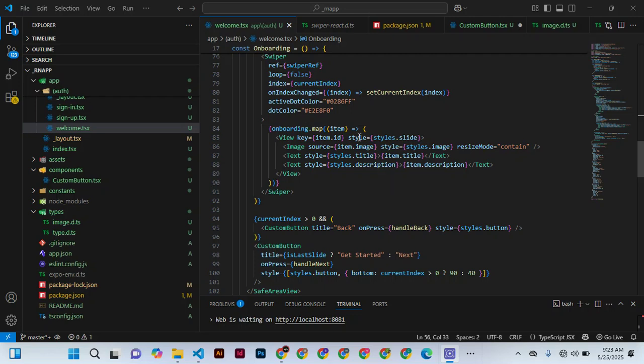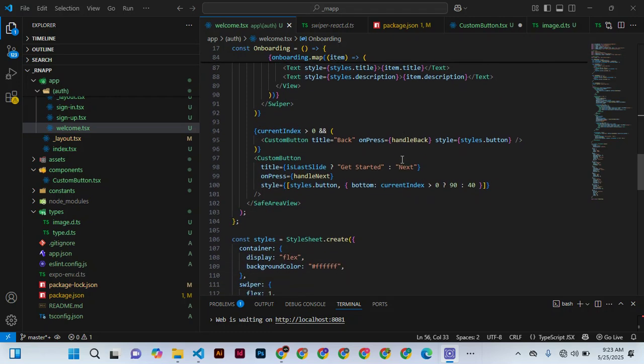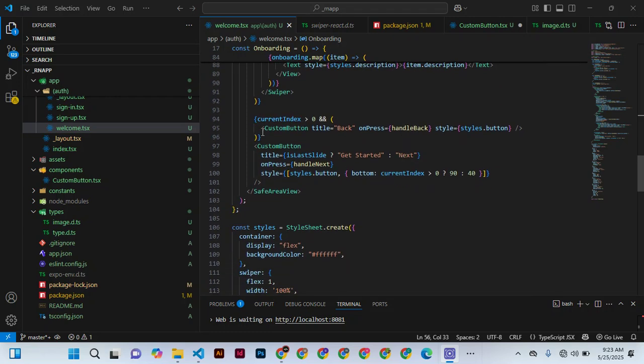So on the body now, for the swiper, we have style, we have everything like so, and we do swiper for the Android. Then we have this button now, and current index. If current index is greater than 0, what we should do is